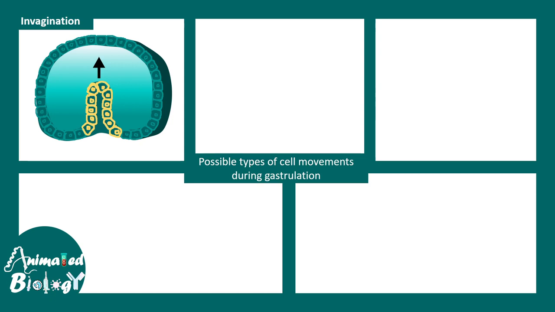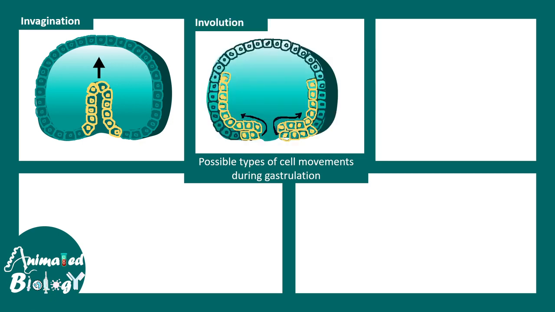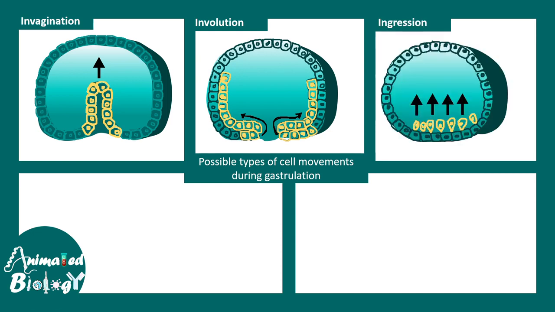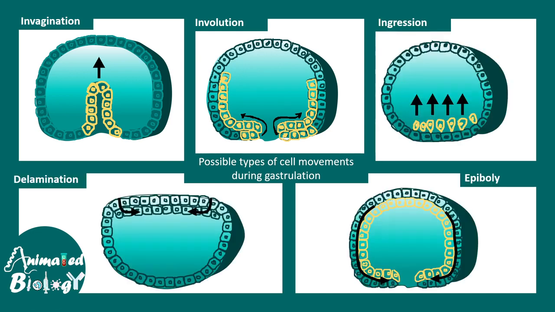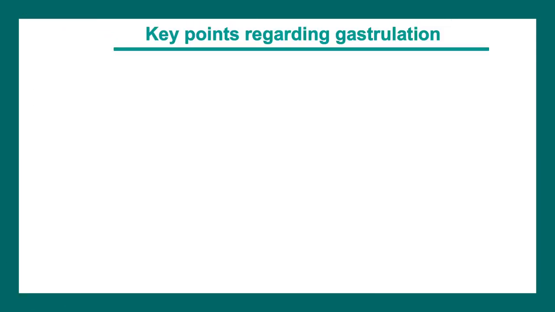There are different morphogenetic movements that happen, like invagination, where a sheath of cells moves inward; involution, where one layer of cells grows inside another defined layer; ingression, delamination and epiboly. If you want to learn more about these morphogenetic movements, you can click on the different video in the I button. Right now we are not going to talk about these in detail, but let me tell you the key